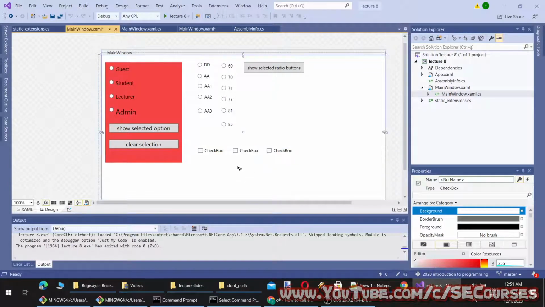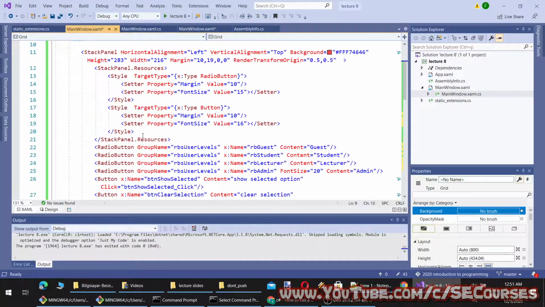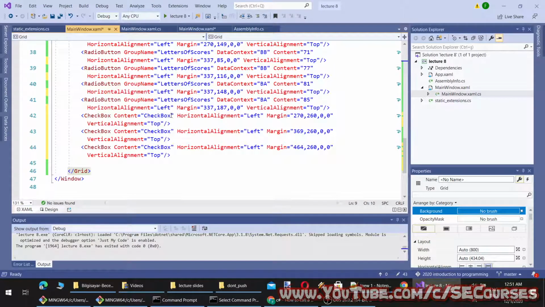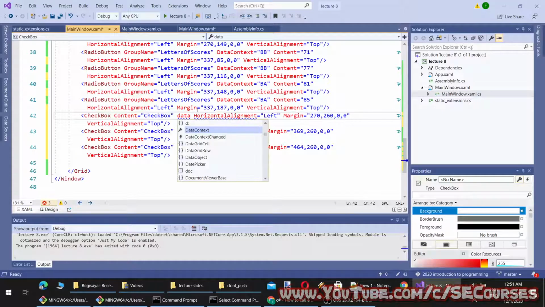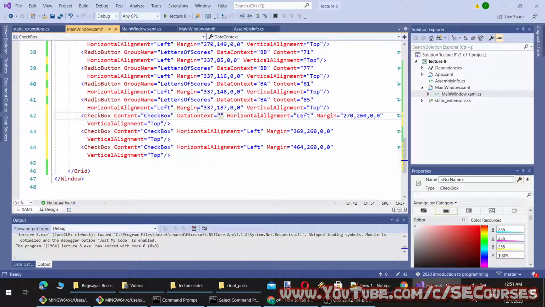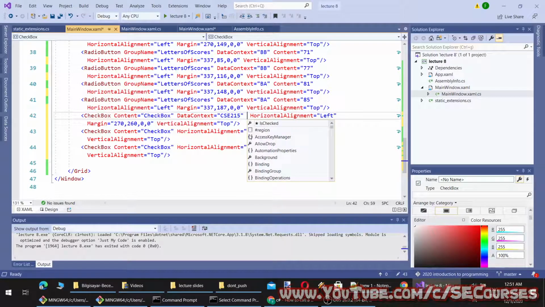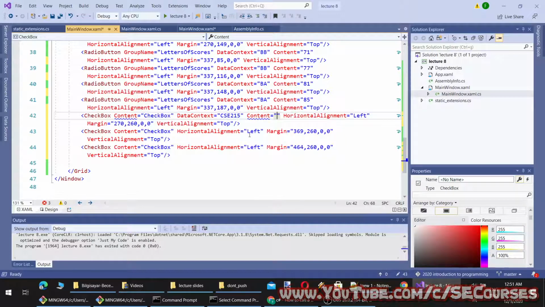Okay, I have added 3 checkboxes, and we can give them data context. So the first one will be, let's say, 50, or we can write them as lecture names, maybe lecture course 250, and let's say content will be object oriented programming. I'm going to remove this.